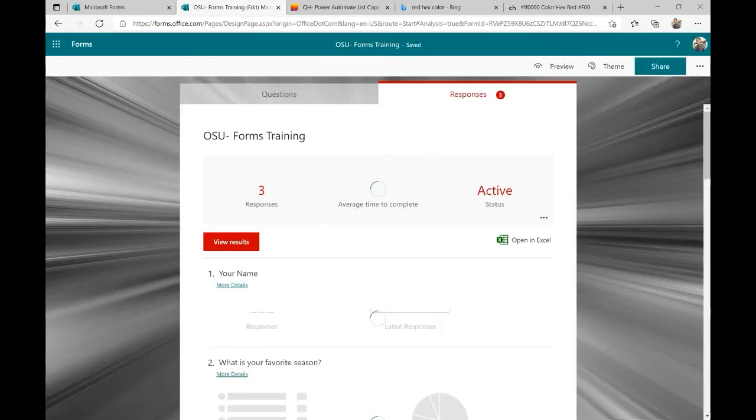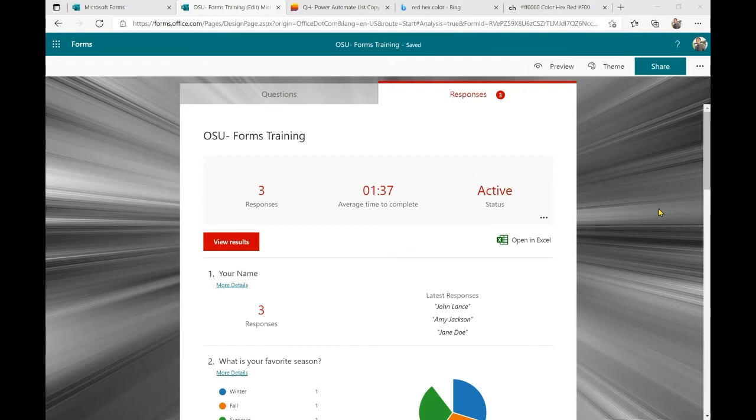Okay. I have a few questions. Is the form given an automatic name when saved? No, you need to actually create a name. In the beginning, it's just going to say untitled until you give it a name. I would make it a habit of naming it right away, because when you keep having them all untitled, you're going to get confused about which one is which. So name it right away.